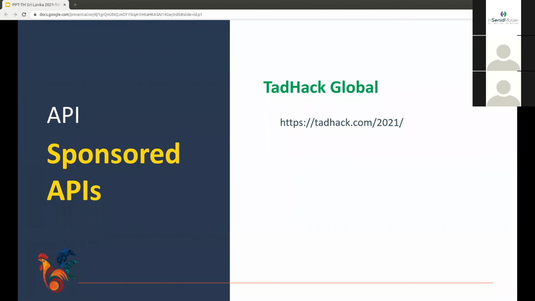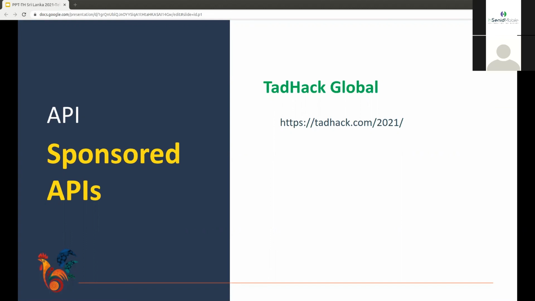To answer Danushka's question, yes, Zenith APIs need to be implemented, at least one. And Randul, you can incorporate these sponsored APIs, which you can see if you visit this web address. If you incorporate them, you will be eligible to win a prize in the global round. Zenith APIs are mandatory, yes.